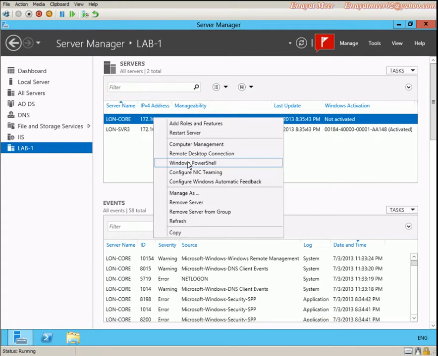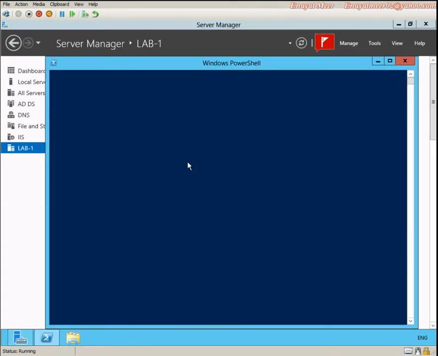So from here you can launch PowerShell remotely. In this way you can tell which server you are on and which server you are launching into. You can also type hostname, and you will see which server you are on, or you have to remember which server you went into. Certain features you cannot use, but most of them you can. On the top left side you can see that you are on L1-core, but you are launching it from